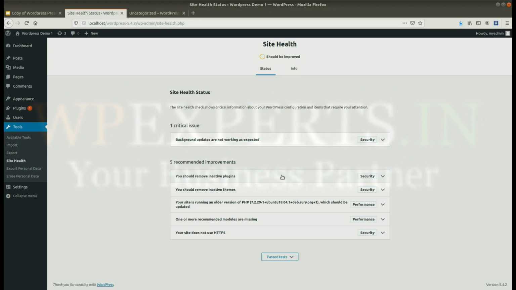It will show you the settings and suggest improvements for your website speed, and they have given some other important features as well. So this site health section has been added in a previous WordPress version. So this is very important also.